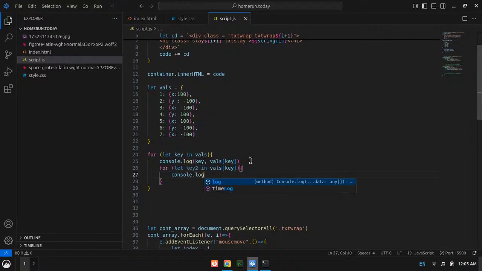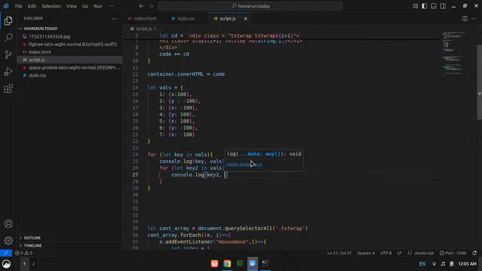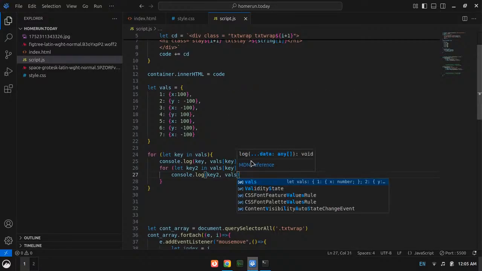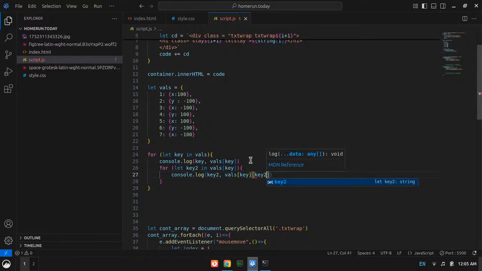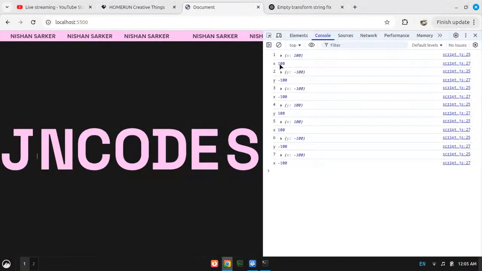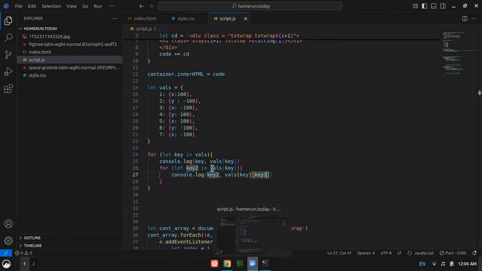Console.log, what will I log? key2 comma vals of key2. Now will it work? Yep, it works perfectly fine. Now I don't need this console log.